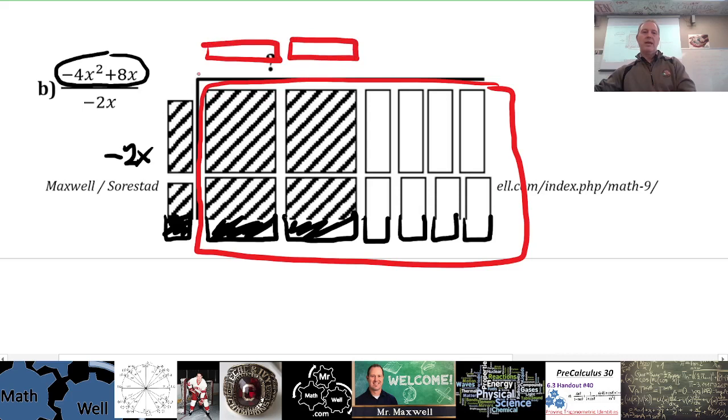Now is it positive or negative? Well, negative times positive would give us negative. And then this one here looks like it's just pretty small. So that's a small square, right? And how many? 1, 2, 3, and 4. And are these negative or positive up top here? Well, a negative times what would give us a negative? Or you could think about this: a positive divided by a negative would give us